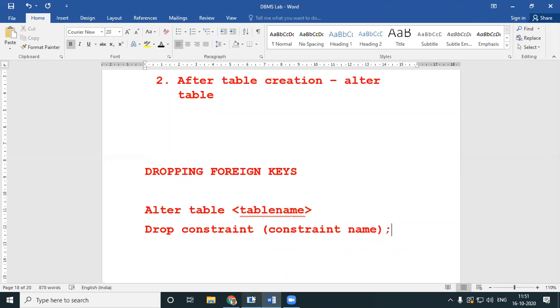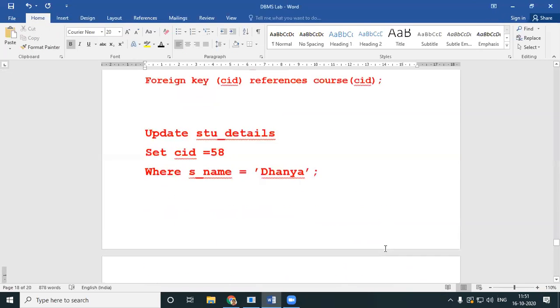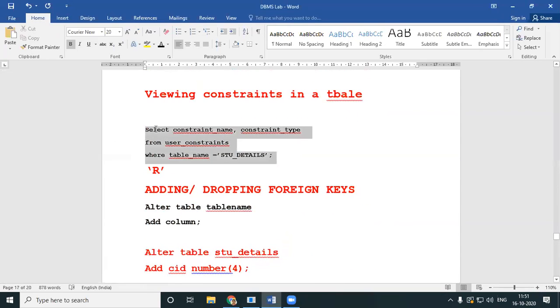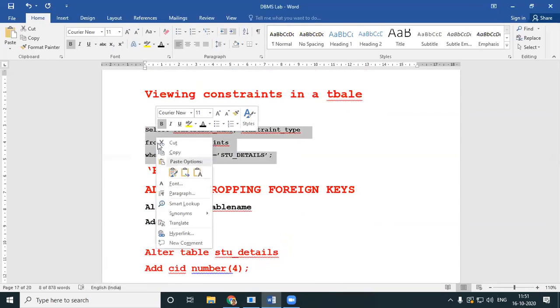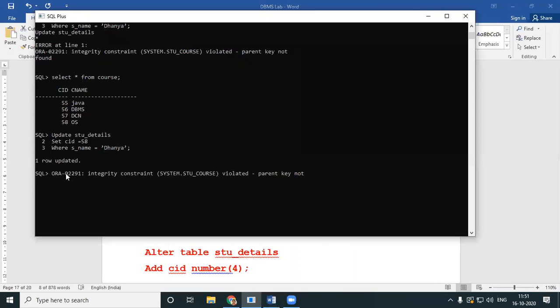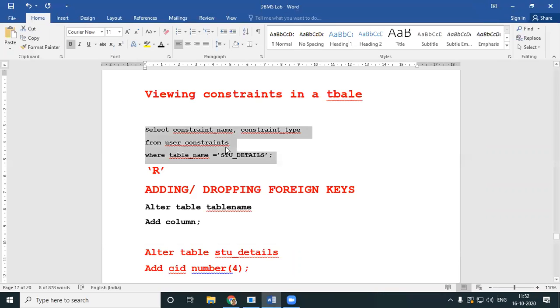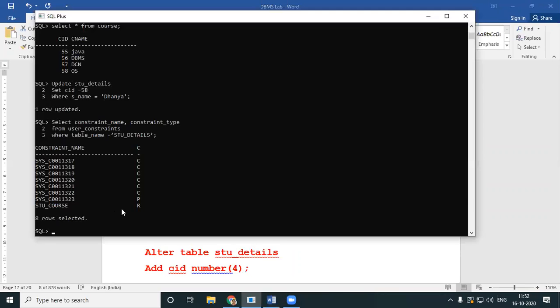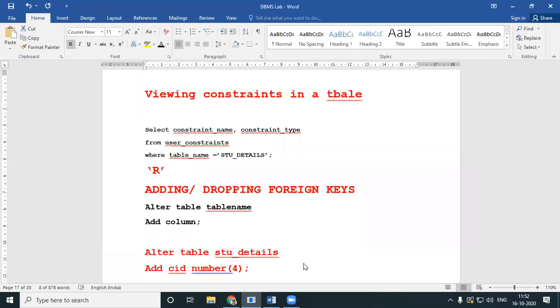So let's go back over here. I'll just take this query to see what is the name of my constraint. My referential integrity constraint is stu_course. So this is what I'm planning to drop. You can drop any of these constraints. What we are interested in is dropping the foreign key.